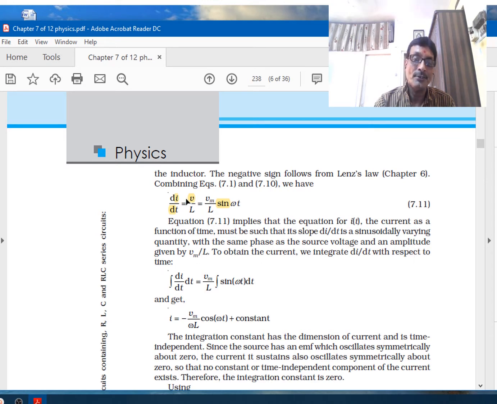So integration sign on both sides, LHS and RHS. Integration of di by dt into dt is equal to Vm by L, a constant term, and then integration of